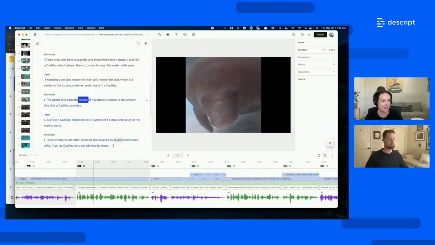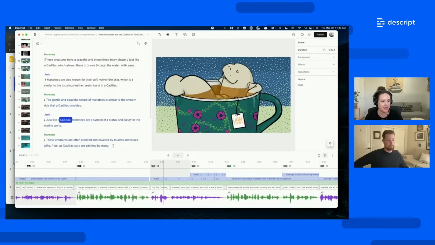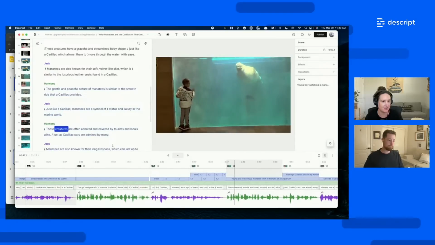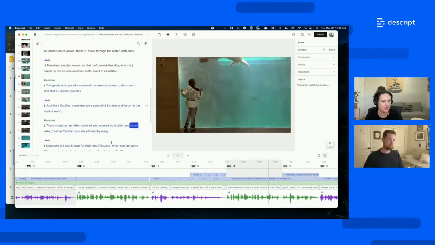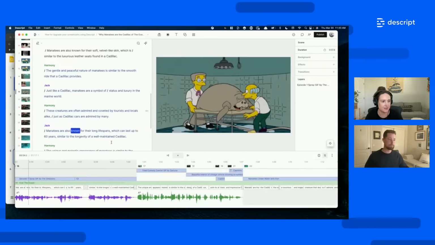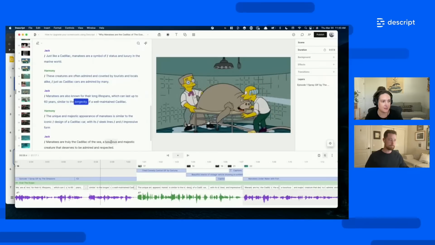The gentle and peaceful nature of manatees is similar to the smooth ride that a Cadillac provides. Just like a Cadillac, manatees are a symbol of status and luxury in the marine world. These creatures are often admired and coveted by tourists and locals alike, just as Cadillac cars are admired by many. Manatees are also known for their long lifespans, which can last up to 60 years, similar to the longevity of